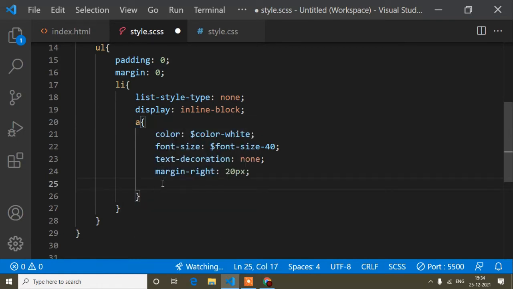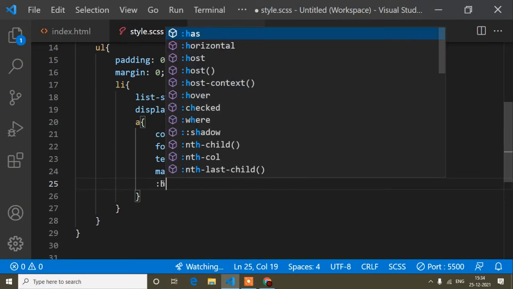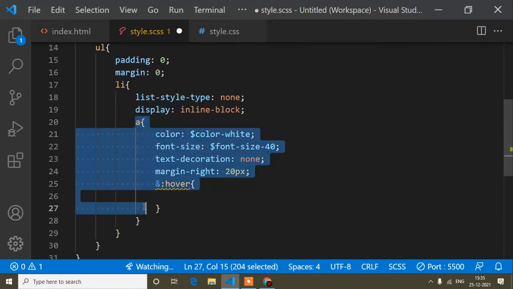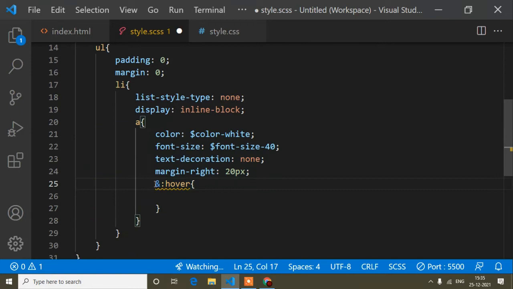So inside this anchor tag I will write hover. Okay, like this. But guys, remember, hover is not a parent and child. Hover is not a child element of this anchor tag. So here I will write an ampersand, and hover, I mean when I hover on this anchor tag, so that's why it's an ampersand.